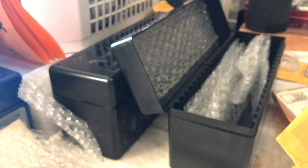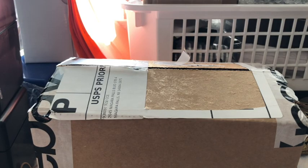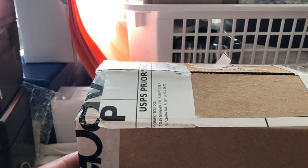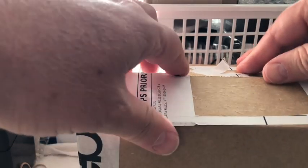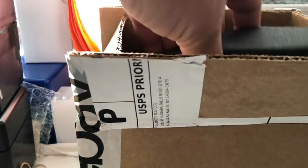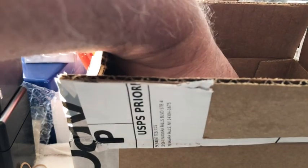Okay, guys, and now for the obligatory unboxing of American Silver Eagles. Here's a little box I picked up from the coin shop in Canada. Free shipping, no sales tax. I think it's one tube, and I think, although I've seen 21 Silver Eagles as cheap as 33 recently, which